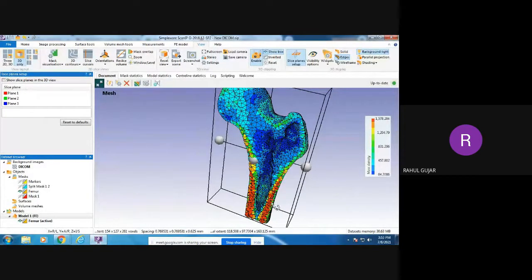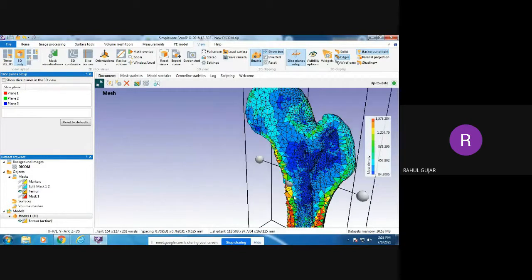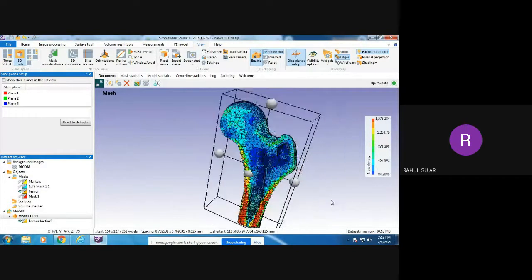The software proves that the density shows higher in the cortical region only. Above that, as I told you, there is the spongy region, where the density is a little less compared to the cortical. So you can see the inside material distribution by using this option in 3D clipping.